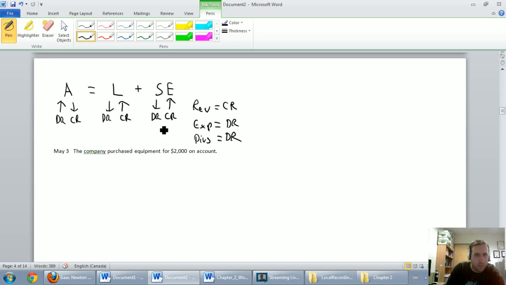May 3rd, the company purchased equipment for $2,000 on account. Okay, the company bought some equipment. Let's deal with the equipment first. I guess I'll ask myself, what is equipment? Is it asset, liability, shareholders' equity, revenue, expense, or dividend? Now, you'll know equipment is an asset. Now, I've got to ask myself the second question. Is equipment going up or down here? Equipment is going up. That's an asset. It's going up. Let's debit equipment. So I'm going to debit